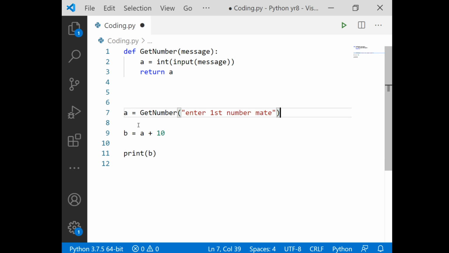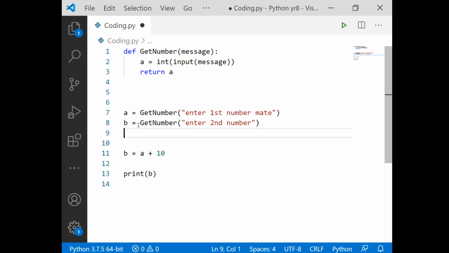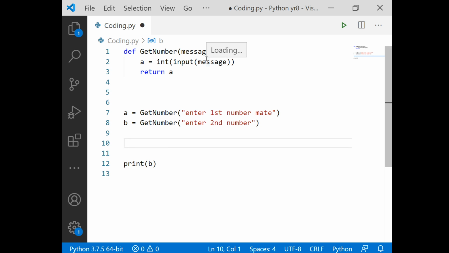So if I was to then go B equals get number, and I say enter second number, I don't need to say that again because I've already said it. So what that enables me to do is take away from the main logic of my code the complicated, detailed information about how we get a number from the keyboard.